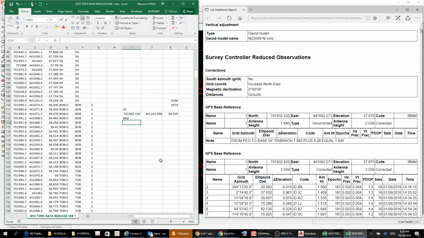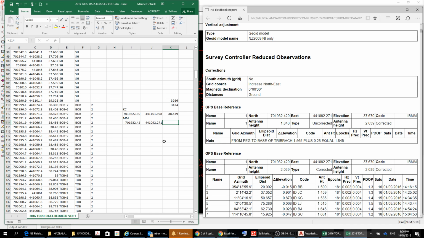Just put that in there, 701,932.420. Okay, and I'll get this sorted first. 441,092.071. Whoops,